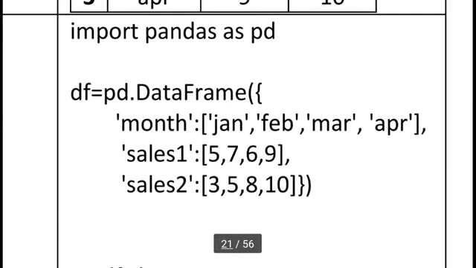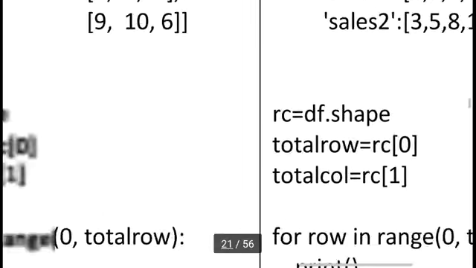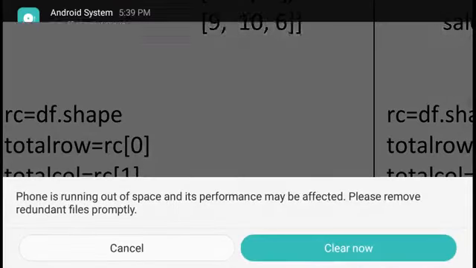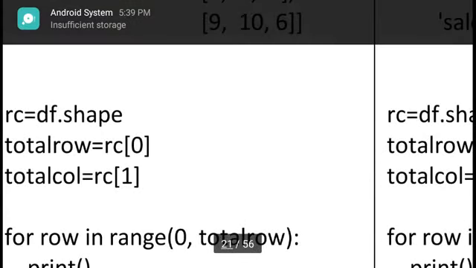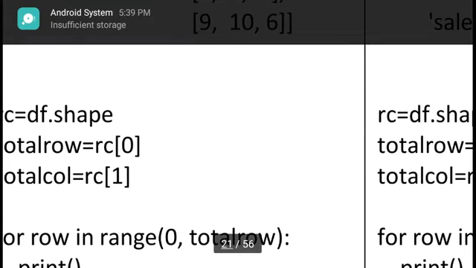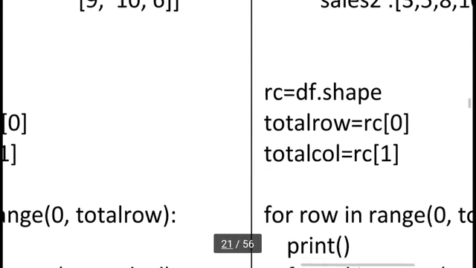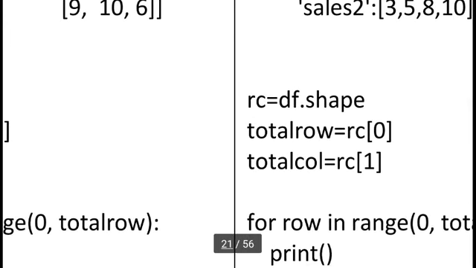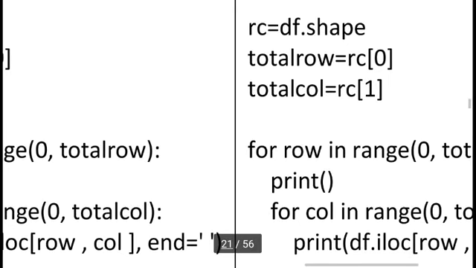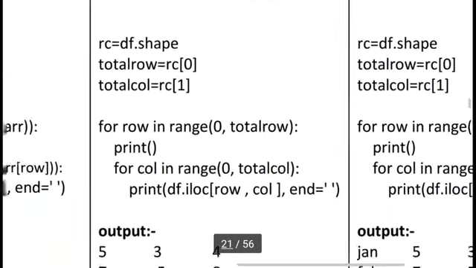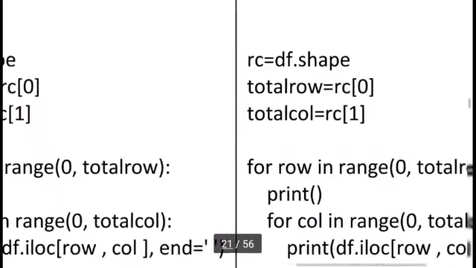But I want to display each and every value using a loop. So the same thing I am using here. We can say this is a standard formula. rc = df.shape. Total rows is rc[0]. Total columns is rc[1].